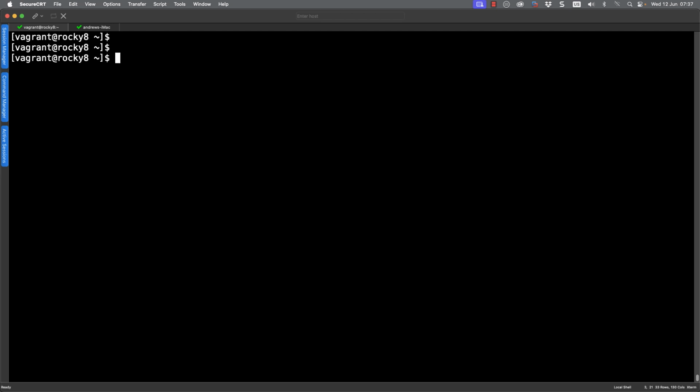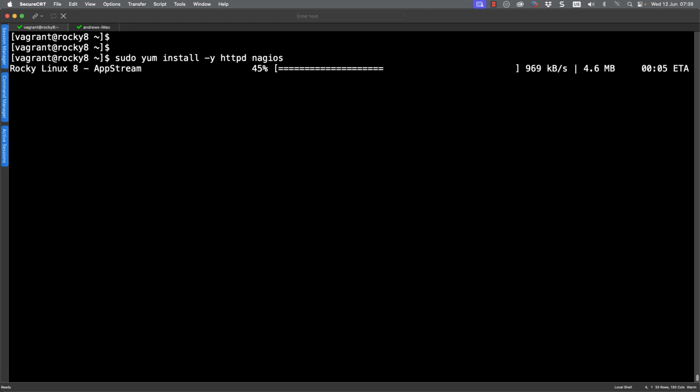And we're going to look at installing Nagios and looking at the default configuration that will allow it to monitor its own localhost. So to begin, we need to make sure that we install the required packages. So we're going to be putting on HTTPD, the Apache web server, and Nagios. Now, of course, we can allow this to chug away, grabbing its glorious bytes from the various repositories.